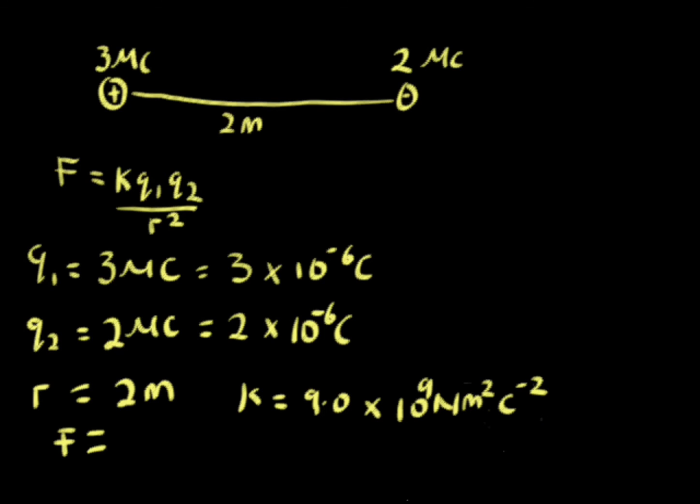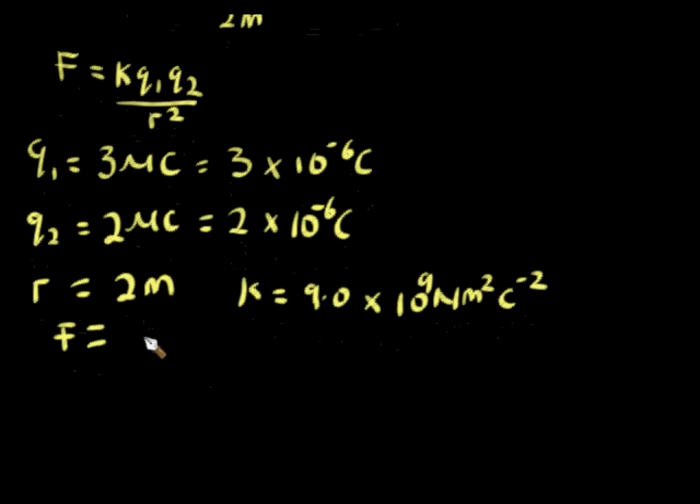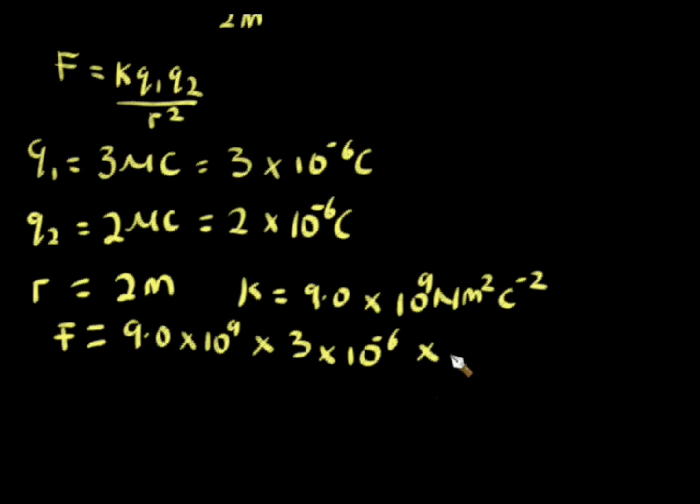Our formula says force is equal to K Q1 Q2, which is 9.0 times 10 raised to power 9, multiplied by Q1, which is 3 times 10 raised to power minus 6, multiplied by Q2, which is 2 times 10 raised to power minus 6, all over